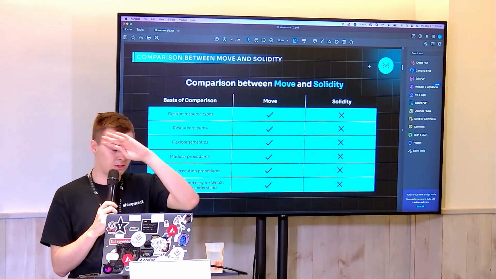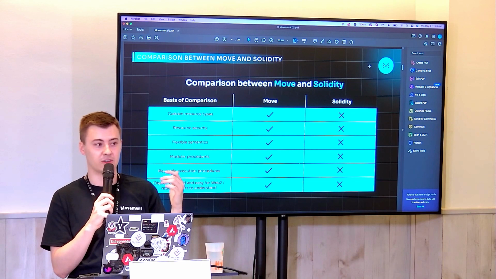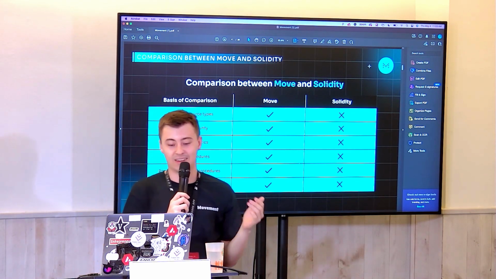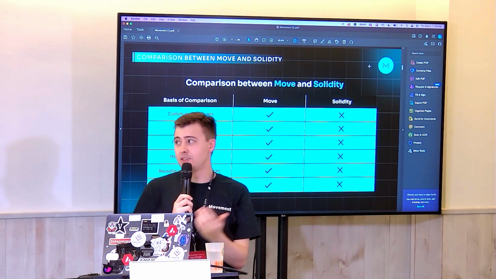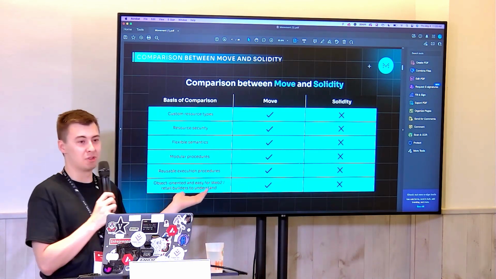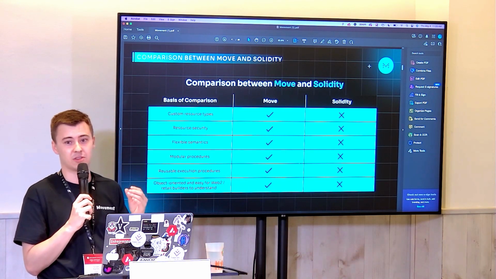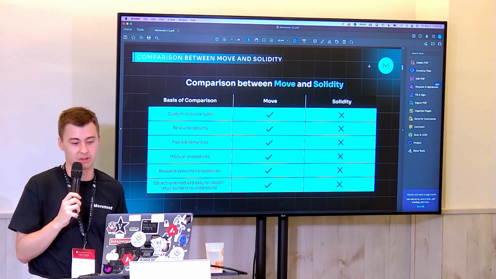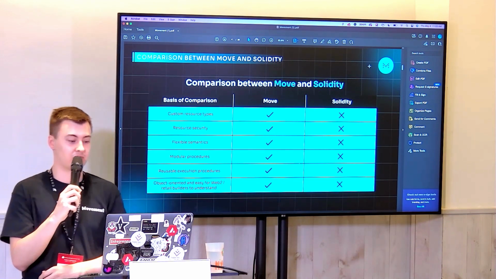So this is a little bit more of a technical comparison between Move and Solidity. As you can see, Move was designed to solve a lot of the friction points that builders have had with Solidity. And what's very interesting to me is that